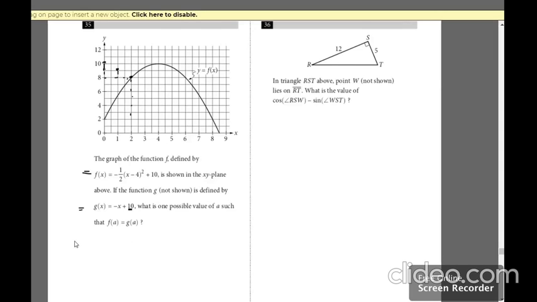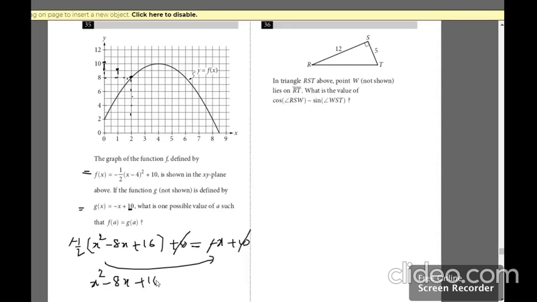I'm going to do it over here. Minus 1 by 2 times x minus 4 whole square is nothing but a square minus 2ab plus b square, plus 10, and as they are equal, we can quickly take it equal to this one. Positive 10 and positive 10 go out, and if you multiply with 2, the negative also gets cancelled because of equality. So you end up getting x square minus 18x plus 16 equals 2x. Upon subtracting 2x from both sides, you get x square minus 10x plus 16 equals 0.